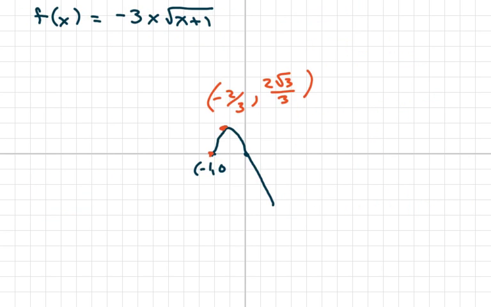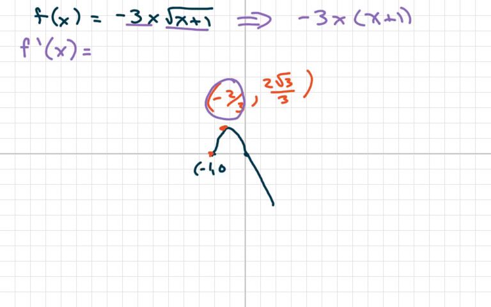Okay, the next one we have is this one. So the first thing we need to do, we're going to be evaluating at negative 2/3. So we take the derivative of f, and we have the product rule going. I'm going to go ahead and rewrite this as negative 3x times x plus 1 to the 1/2 power. And when we take the derivative, I'm going to write down my first function times the derivative of my second one,